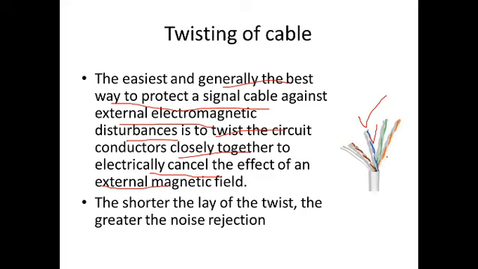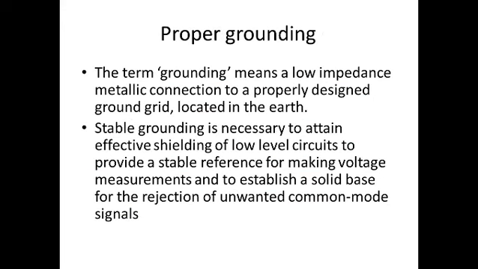Okay. So the potential difference is measured. If that common signal is present on both the blue wire and white wire, it will be eliminated. Okay? So this is the second way of avoiding electromagnetic coupling. Then the third one is the grounding. So you have to do the proper grounding there.